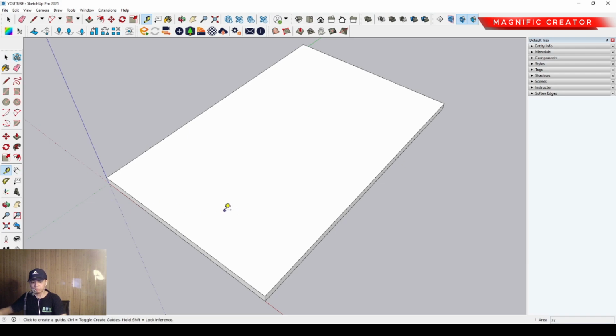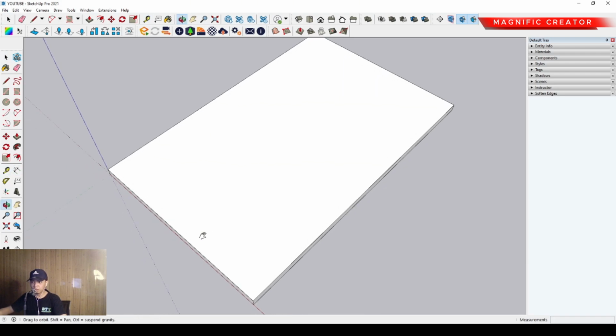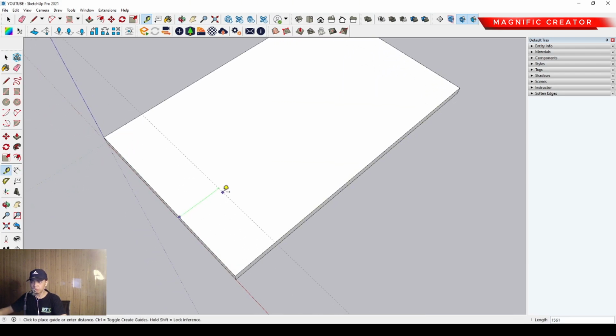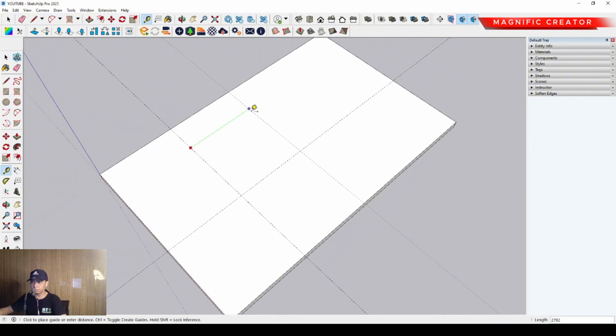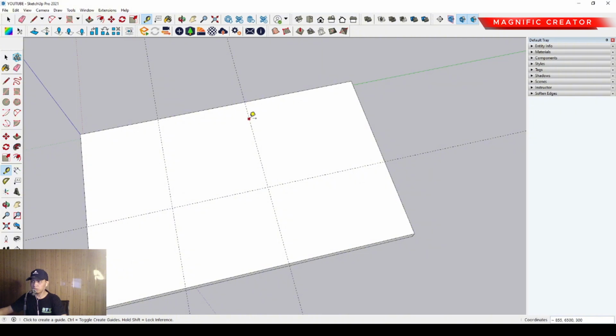Start from here. Then we can make the front room, the first front room around 3 meter. This is for the guest room, 3 meter and 3 meter. So this is for the dining room and the kitchen, and then we can set it 3.5 meter. So then this is about the